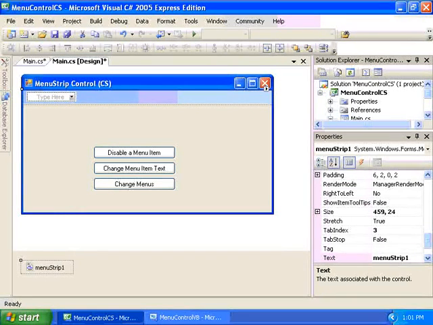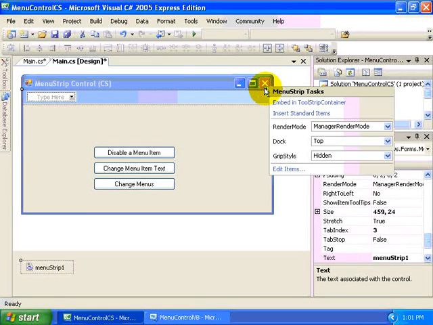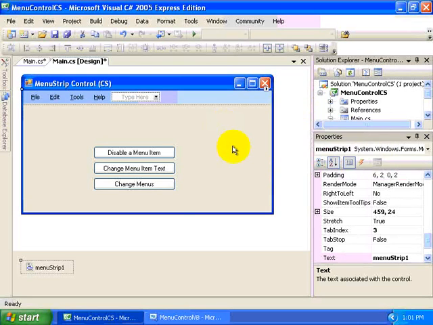The menu strip has been dramatically improved in 2005 with the ability to insert those common menu items with a single click of a menu option. So let's go to and select our menu strip, and then use the little quick tasks arrow up in the upper right hand corner of our control, and then select the insert standard items, which gives us edit, file, tools,